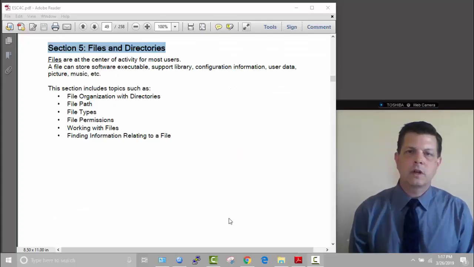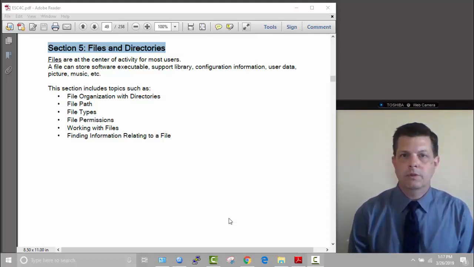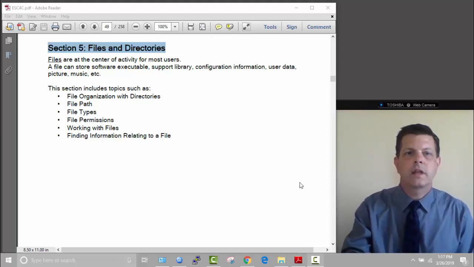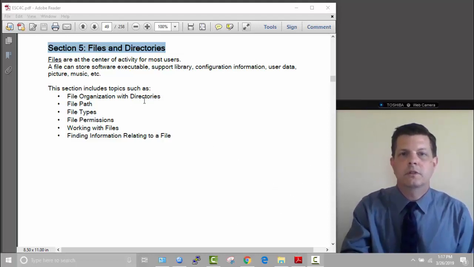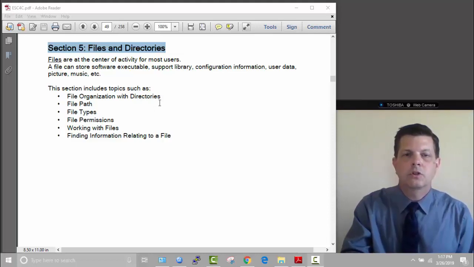Section 5 is going to cover files and directories. Now, files are something that you will work with on a day-to-day basis. That's what you, as a user, will interface with the most. And so it's important to know some things about files, such as how they're organized into directories. Directories are also referred to as folders, so whichever term you like to use, it's just a way to organize